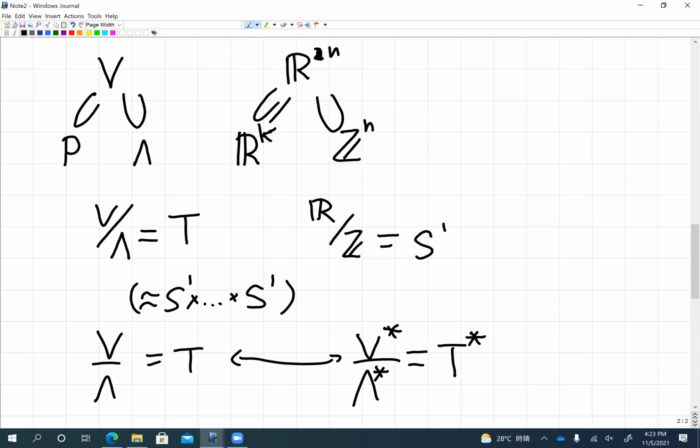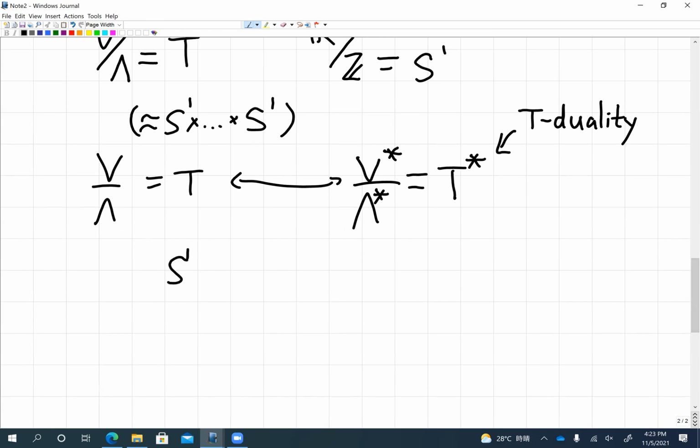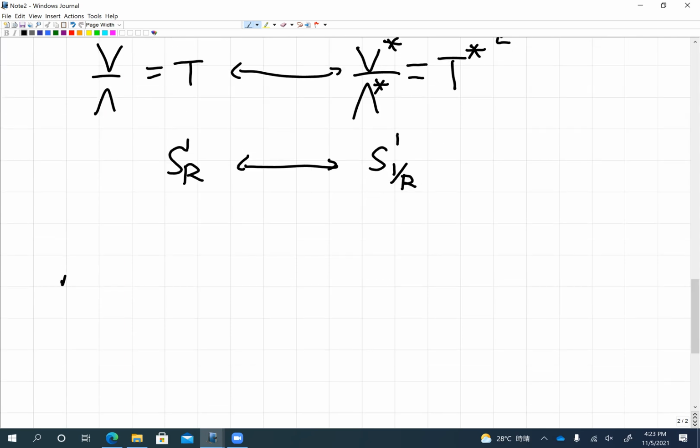And this is called a T duality. And then a Fourier series that I mentioned earlier, in fact, can be interpreted as a special property about this T duality between the behavior of the torus and the behavior of a dual torus. An example of this would be a circle of radius r would be dual to the circle of radius 1 over r. Okay, and that this kind of duality, for example, will include what I just mentioned as the Fourier series.